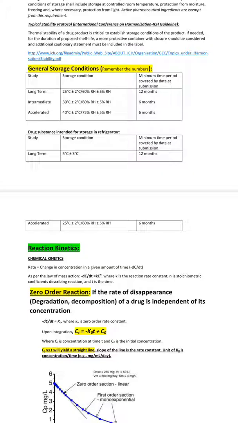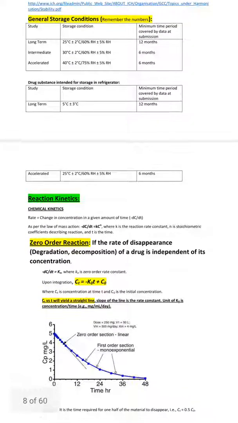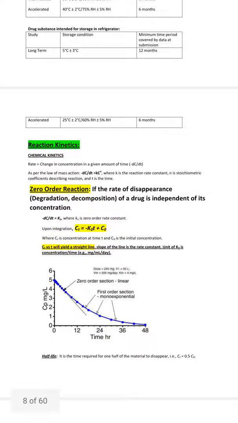Anything above that, we start putting in a warm temperature of 30 to 40 degrees, and it'll only last about 6 months. Now, if it's intended to be stored in a cold place, like in your fridge from 2 to 8 degrees Celsius, then it'll last a year. It's in its proper storage. Now, if you put something that's intended to be stored in a cold place, and you put it in